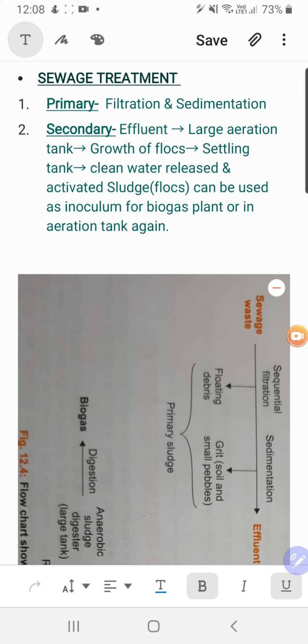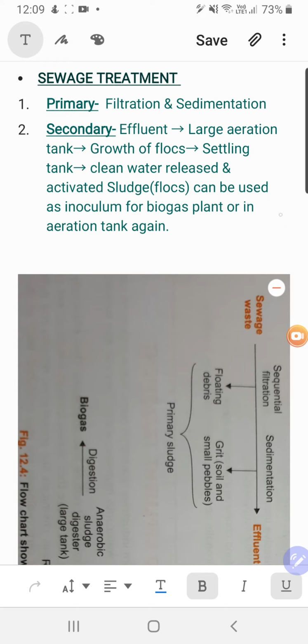Now, flock means the bacterial colonies which are formed after multiplication of bacteria, along with some fungal filaments which are present. Earlier they were present in the form of spores, and now due to that aeration tank and the air that they have received, due to that the bacterial multiplication and the fungal filaments, they just mix up to form a meshy network which becomes slightly heavier too, and this meshy network is known as flock, right?